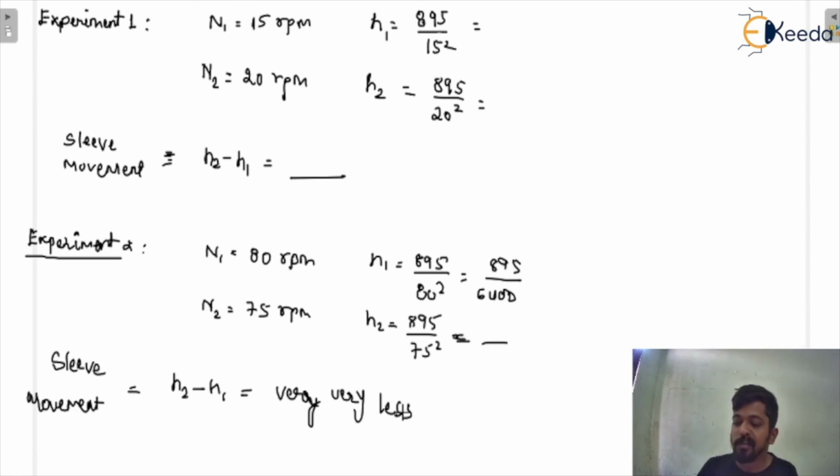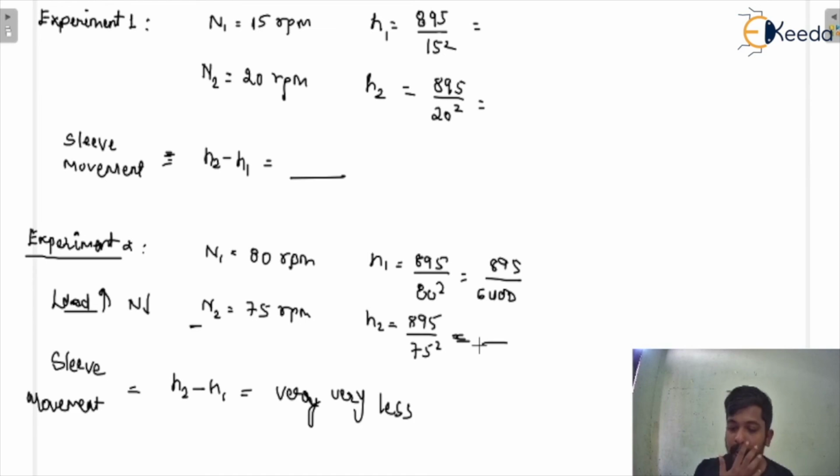So as you increase the load on the engine, there will be a reduction in the speed of the governor. Okay, are you getting my point? So in case of n2 is equal to 75 rpm, what I have done is I have increased the load. As I increase the load, there will be a speed reduction, so there will be some value of the height of the governor. When you find out the sleeve movement using this data, you will get a value which is very